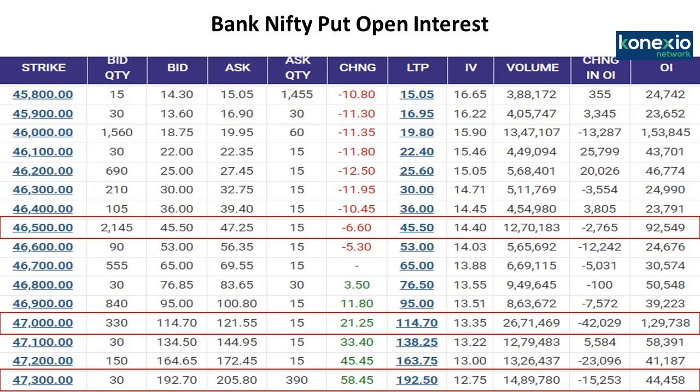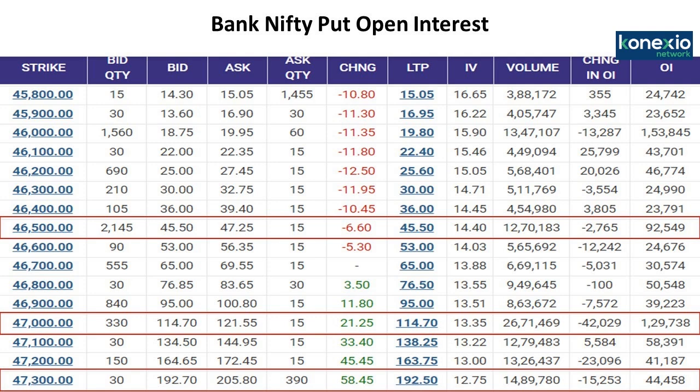You will see on the screen the Bank Nifty puts. In Bank Nifty puts, the action was seen in 47,300 puts, then 47,000 puts, then 46,500 puts. Now here you can see there was maximum shedding in the open interest, which means that the traders who were writing the out of the money puts have started booking profits, and you can see